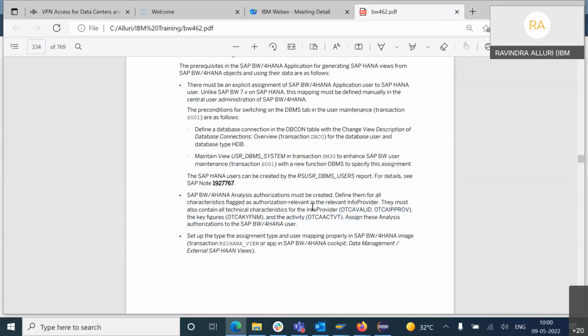Suppose you want to give access on company code: you make company code authorization relevant, and you want to restrict users to see only their company codes. You have to create that many authorization objects, assign them to the privileges, and all those can be assigned to the BW roles. What it is saying here is that you have to create this for every InfoProvider which is authorization relevant. All of them have to be maintained, and they can be transferred to the